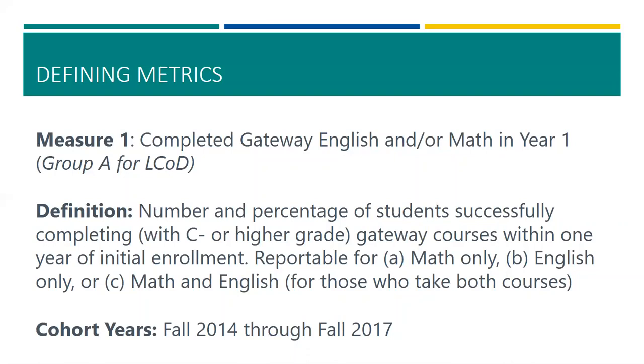The cohorts that we're defining are for those students who began at your institution fall 2014 through fall 2017. The whole idea with these cohorts is that we wanted to bring them as recent as possible, but not be excluding anybody if perhaps you're still updating systems from the year end or you don't necessarily have things handy. So for fall 2017, you're looking at what happened by the end of the 17-18 school year. That's about as recent as you can get with a year one outcome since we're in fall 2018 at the moment.